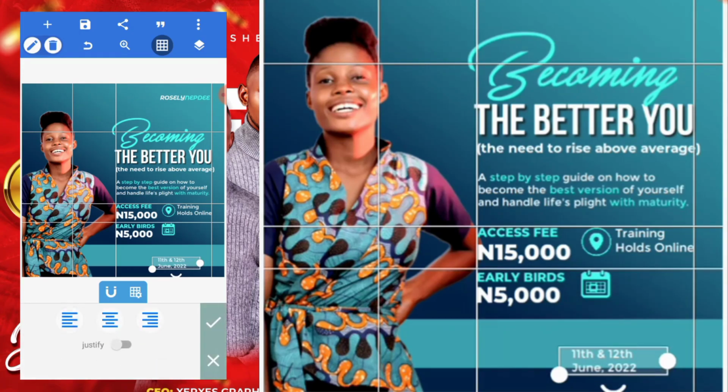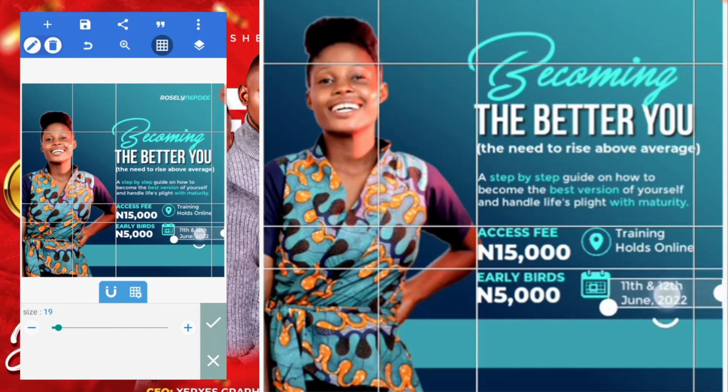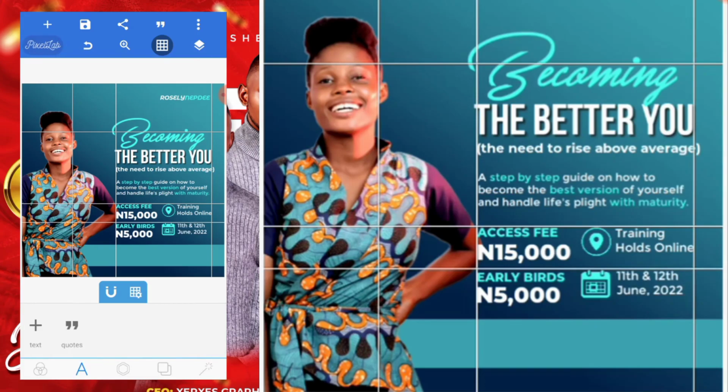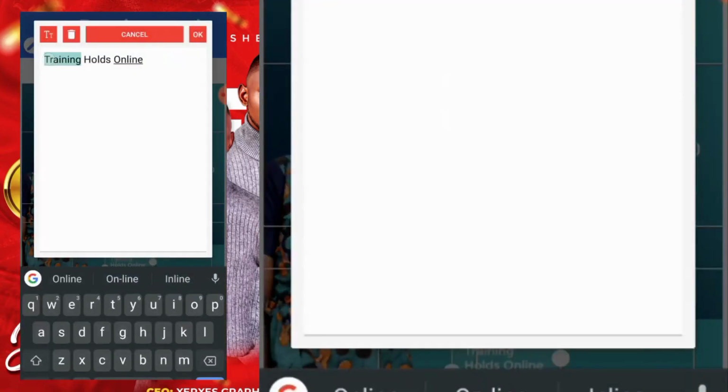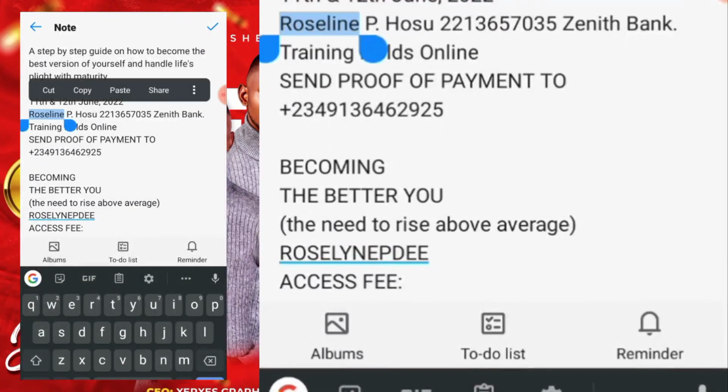Sure it's aligned to this side. Then I will just... okay, it's looking good this way. So the next thing is, just double click, then I'll just come here and copy the